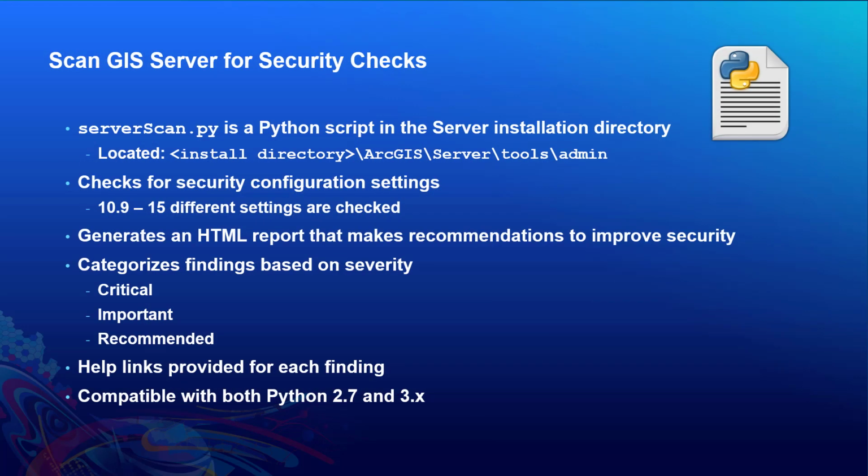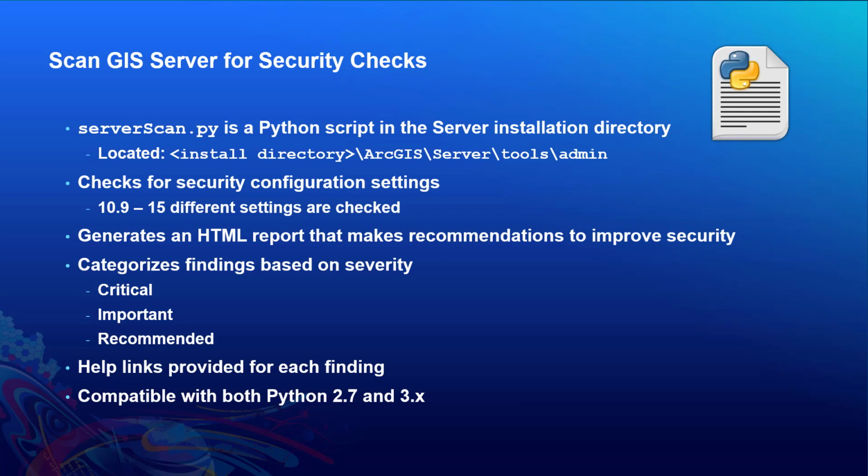Next, let's discuss serverscan.py. Serverscan.py is a tool that we can use to scan the GIS server for security checks. It's a very powerful tool that can go through and iterate through your various security settings and describe various best practices and whether or not those items are enabled or not. At 10.9, 15 different settings are checked. What it does whenever you run